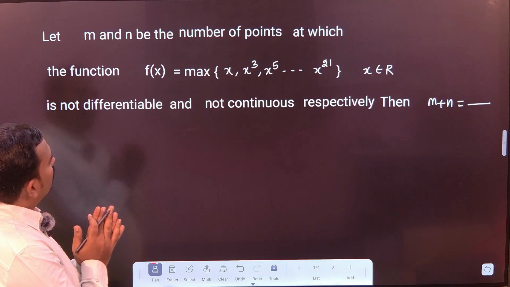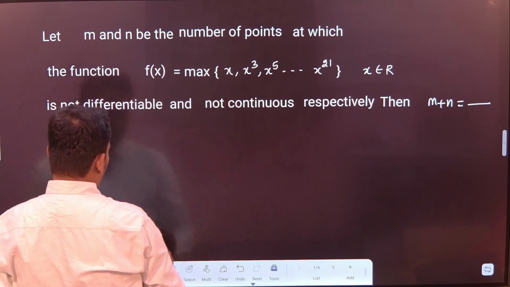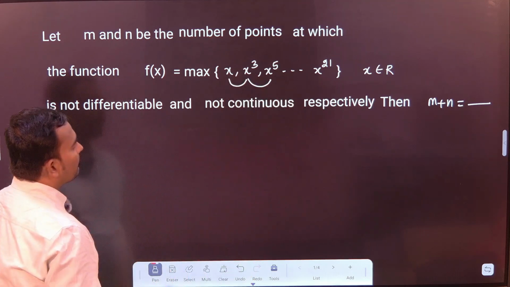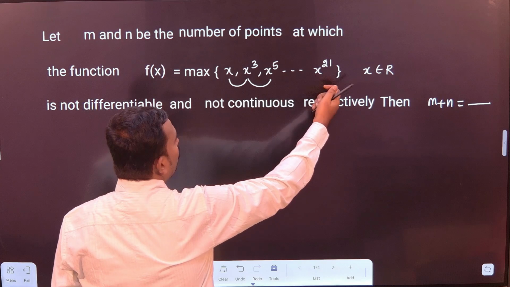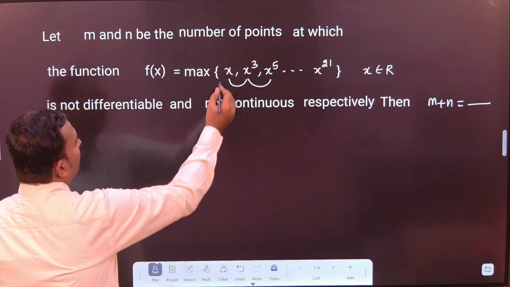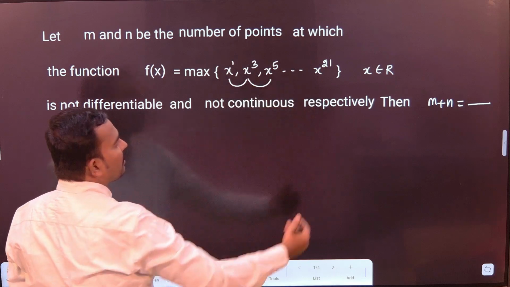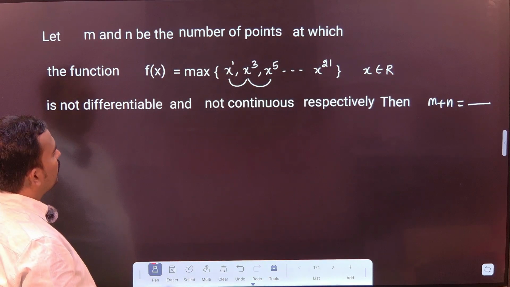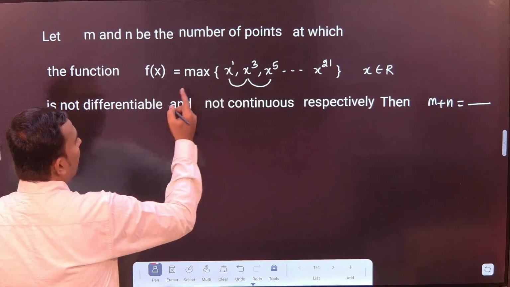Observe that we have to find the intersection here. You can see there are powers up to 21, all odd powers: 1, 3, 5, 7, 9, and so on, up to 21. Okay, so you can observe that